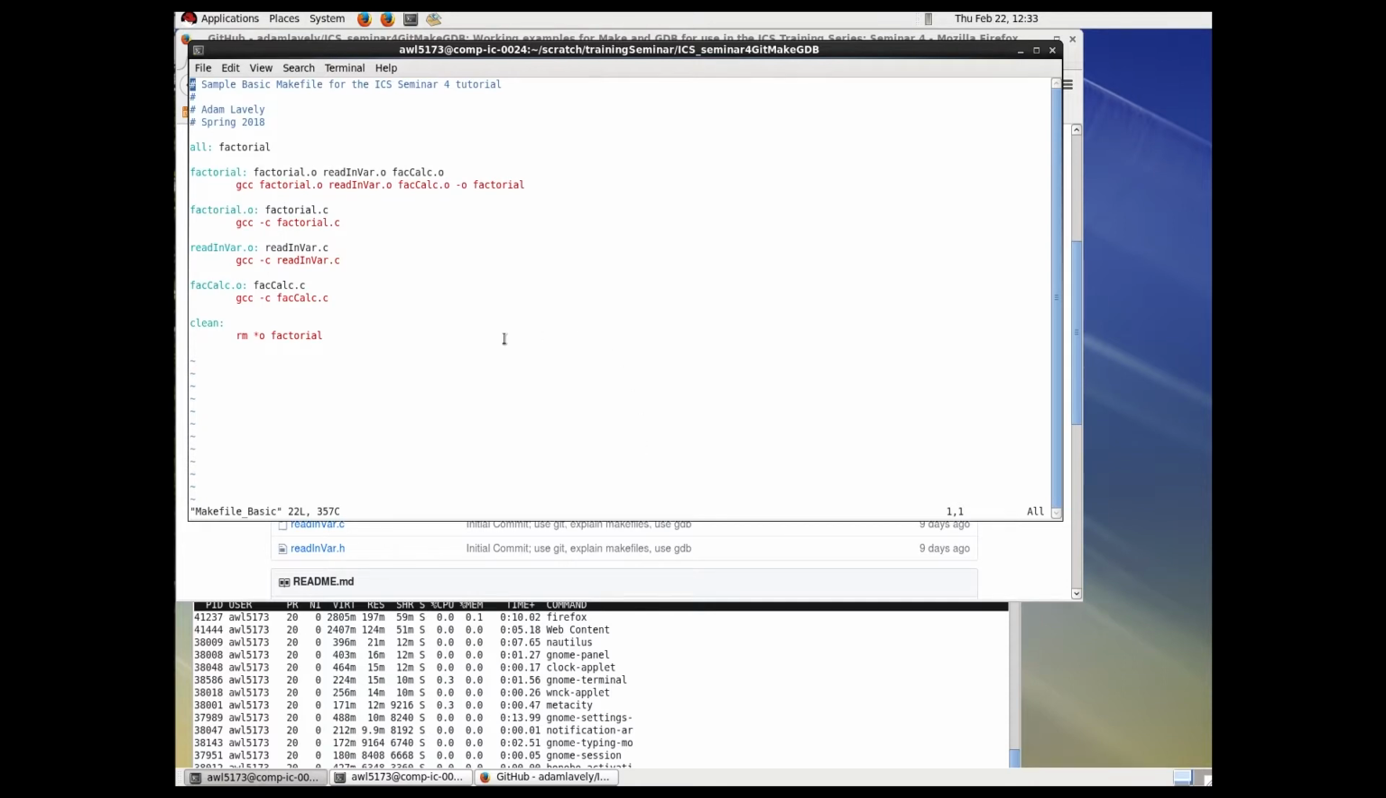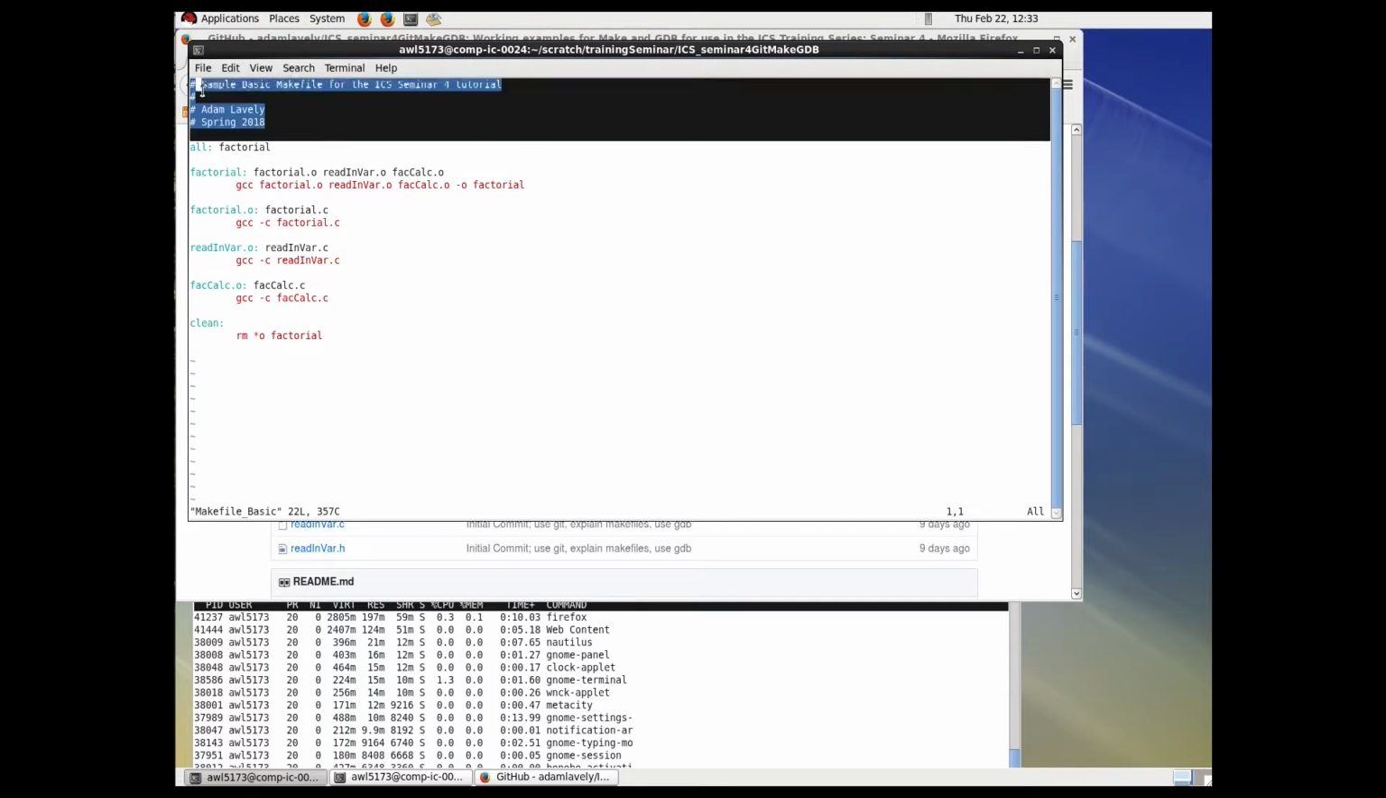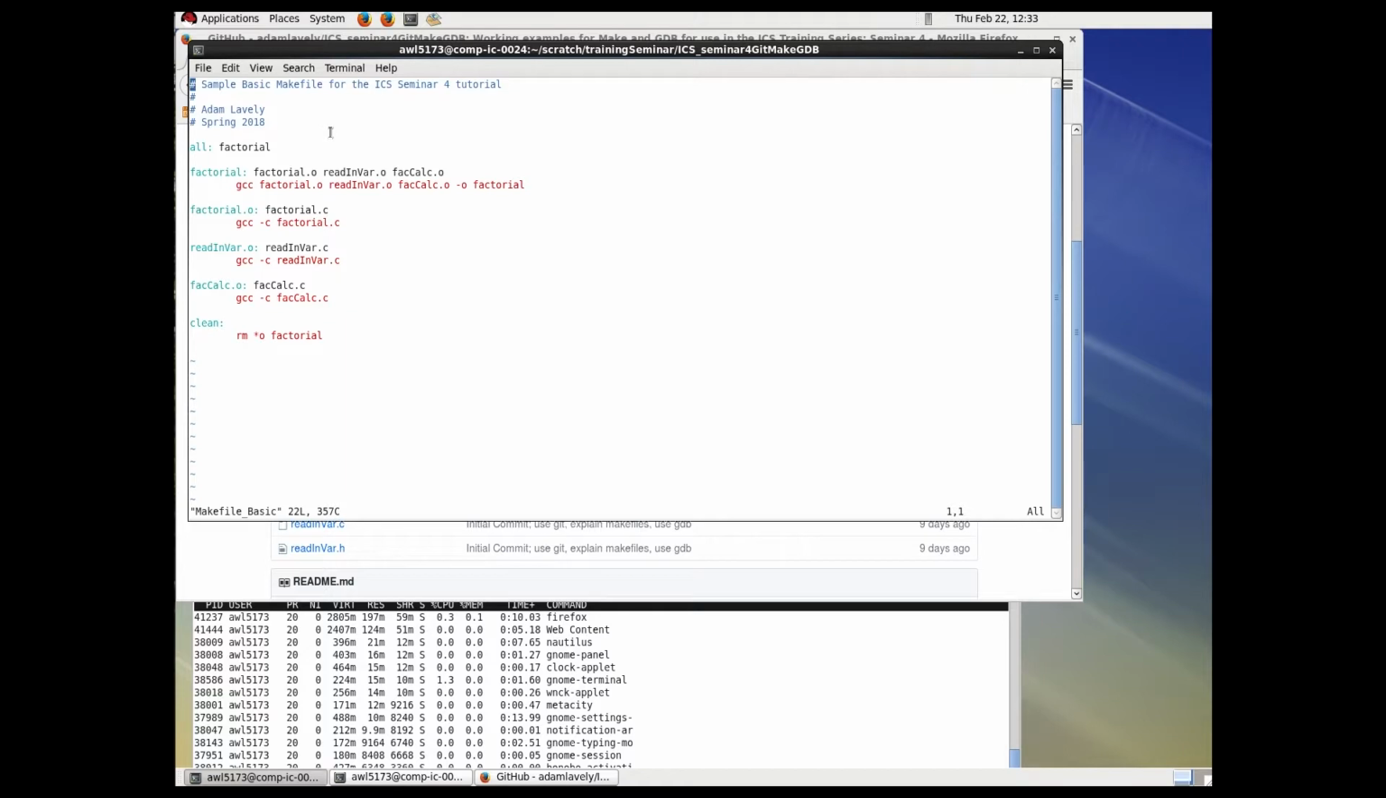We just want to bring that up. I have a little header that wasn't included on the slide, and the only other difference here is that I have this clean section. The clean section allows us to get rid of all the object files, as well as any other files, such as that executable. So that way, if we want to make sure that we're getting a fresh start,